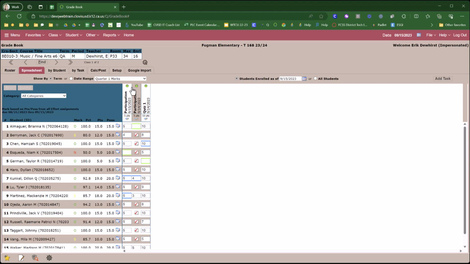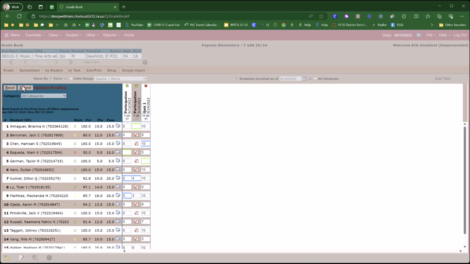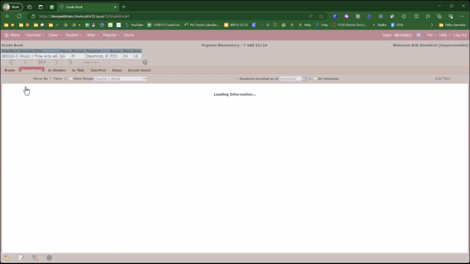Up at the top, these little green dots mean that this assignment has been graded. If I graded it prematurely and I want to pull that back, I can go ahead and unselect that and submit. And you're going to watch that these are going to change. The points possible and that kind of thing, they're going to change. So when I hit submit,